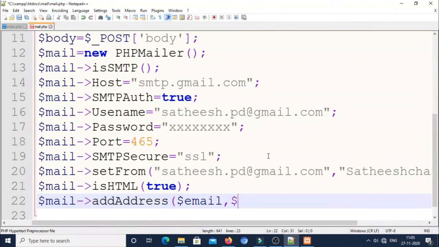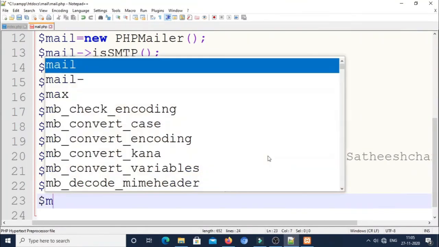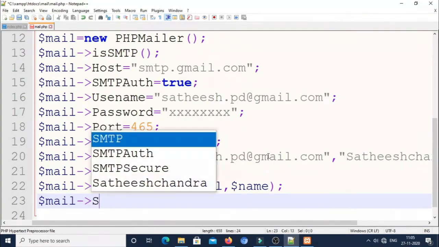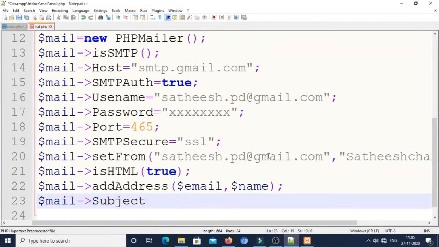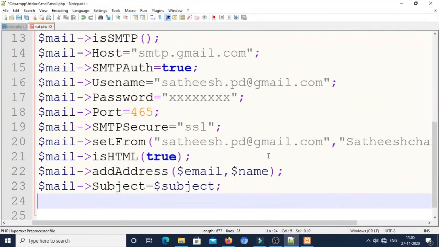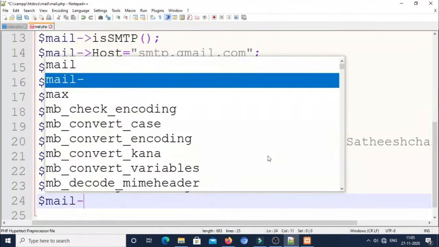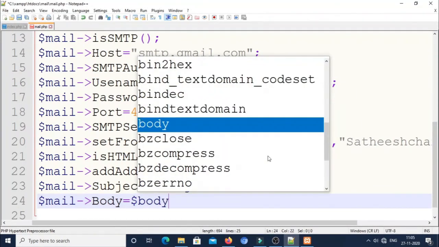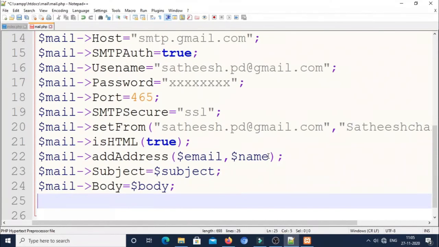So I use the variables that I got from the index.php file. Next you should assign the subject for the mail. For that you can use the property Subject, and also you can specify the body of the mail, Body, which is equal to the value from the variable $body.